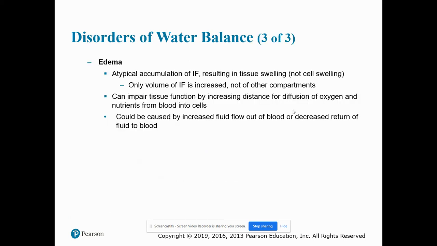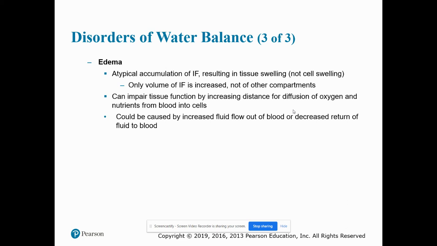The third one that we talk about is edema. And this is an atypical accumulation of interstitial fluid resulting in tissue swelling. It's not cell swelling. Only volume of interstitial fluid is increased, not other compartments. This can